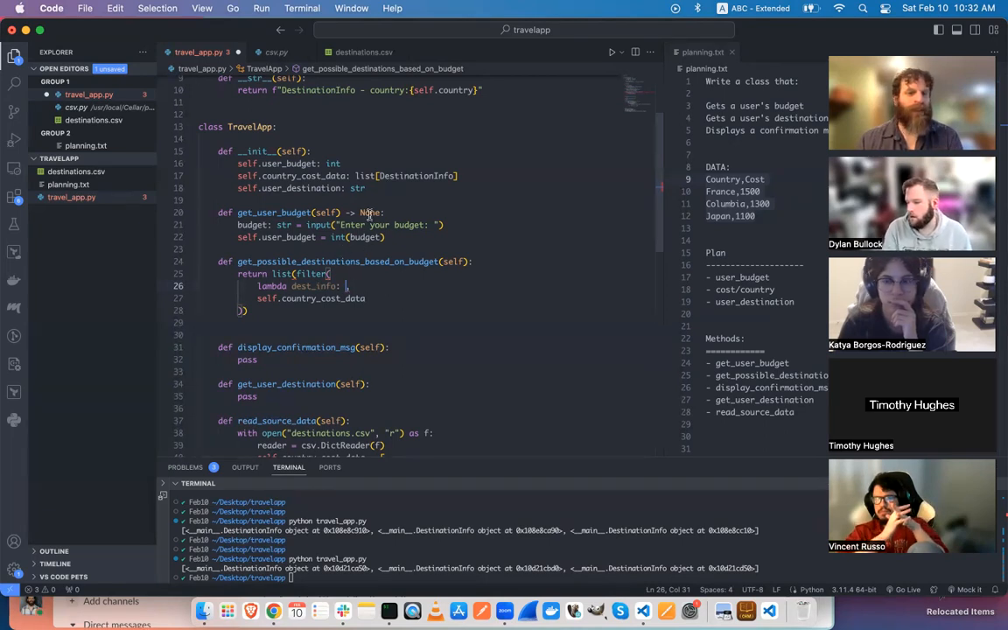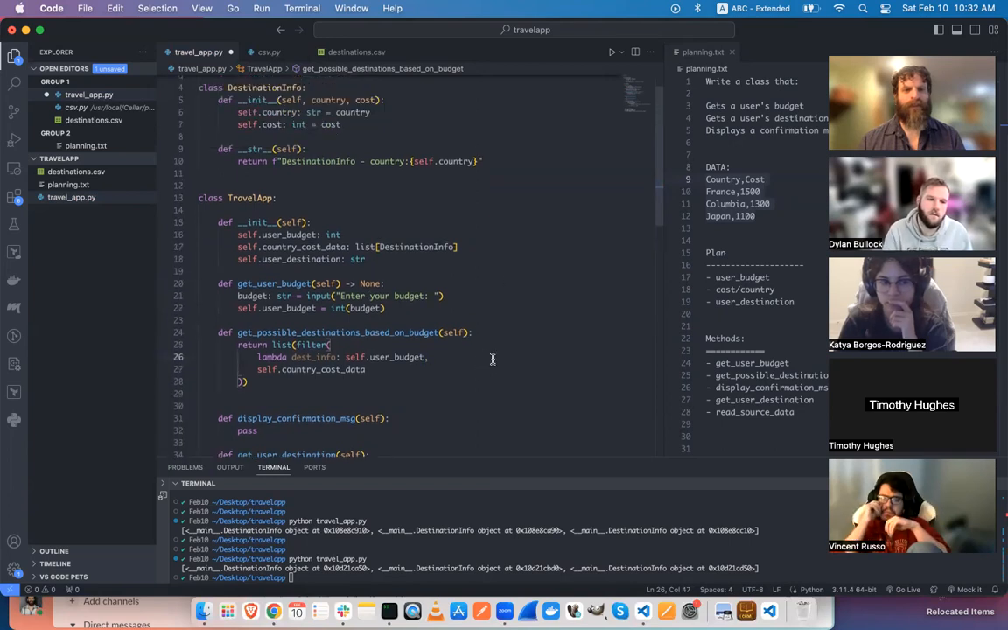So what are the two values we want to compare? We want to compare whatever the user's budget is. So we're gonna have to do something with that. And then we're also gonna do something with what? The country cost data country. Budget. Yes. Yeah. Cost. My bad. So